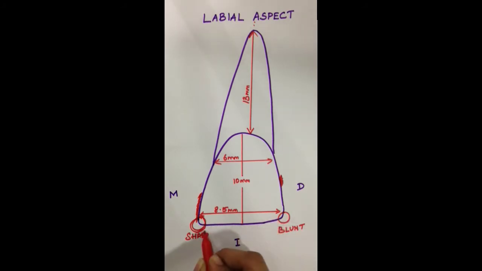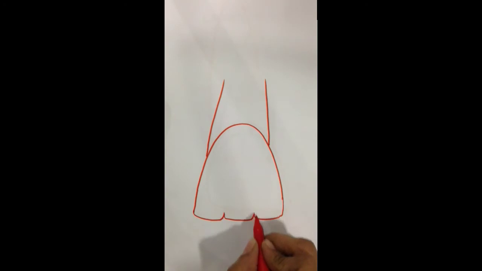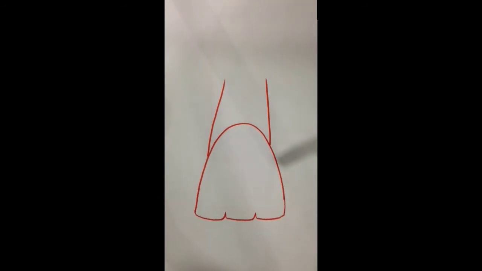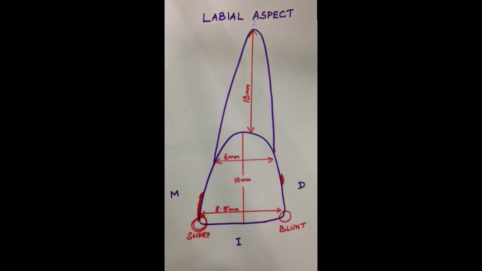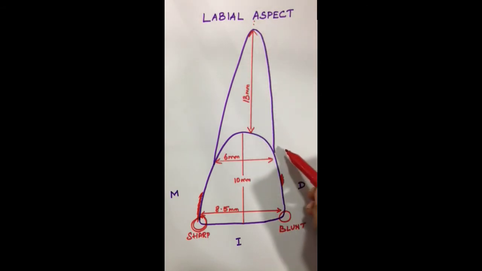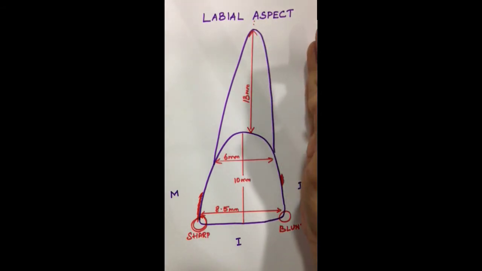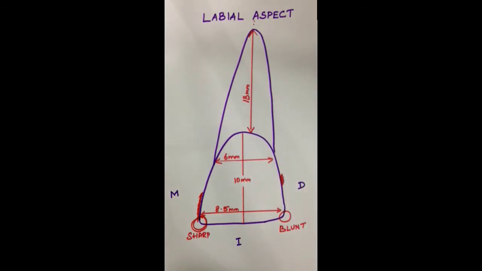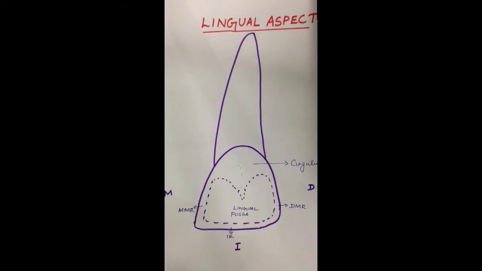The incisal outline is more regular, and initially when the tooth erupts, it has 3 protuberances on the incisal surface corresponding to the developmental lobes, and this represents the mamelons. But as the tooth comes into occlusion, these get attrited and fade away. The cervical line is usually more regular and it is semicircular in shape. The root is usually conical with a sharp apex, and the mesial and the distal outlines of the root are more regular. The lingual aspect is exactly the reverse of what you see on the labial aspect.